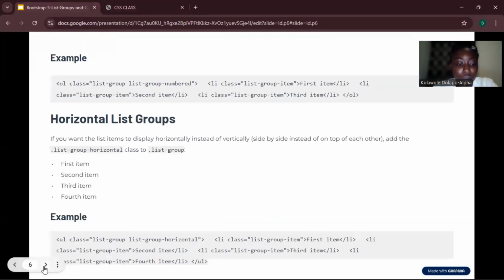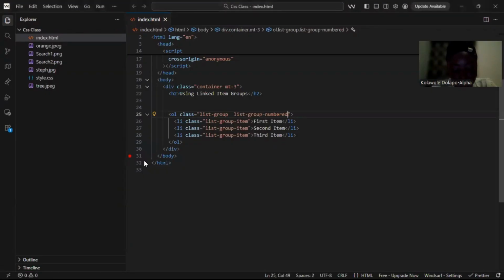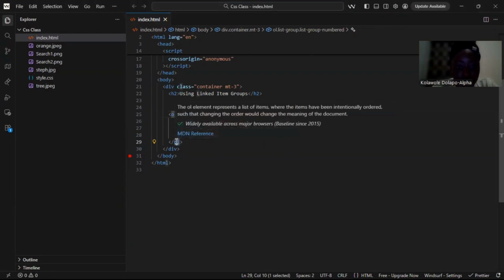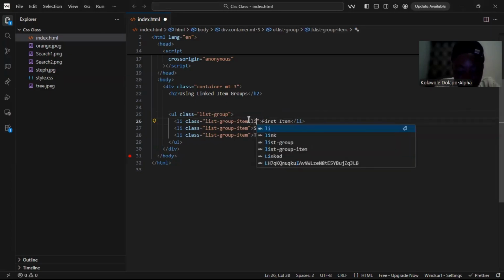We've done horizontal. So the next one says contextual classes. Contextual classes can be used to add colors to list items. We have different types. So let's create our contextual classes. Let's go. So in our UL, let's change this one back to UL to avoid much work. So we'll change this one back to UL, then we can come here to each of them, we'll give it list group